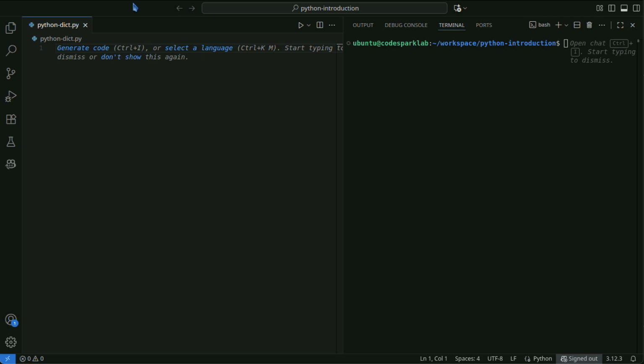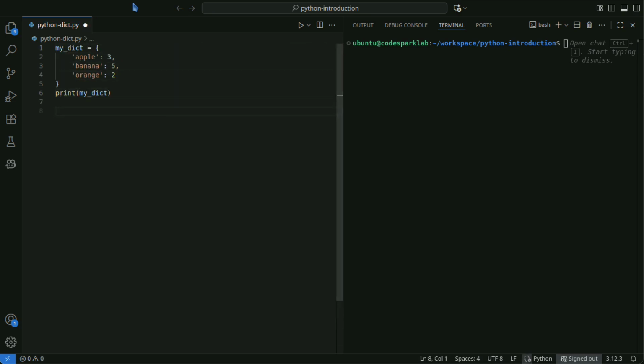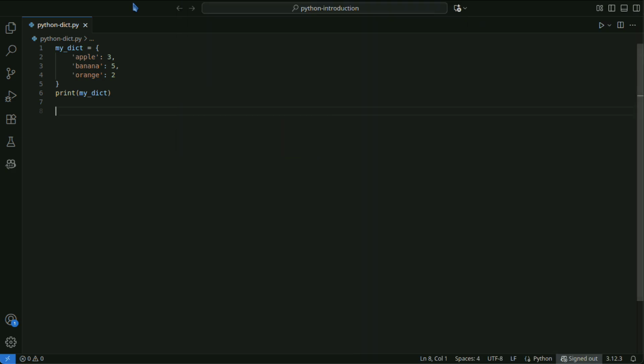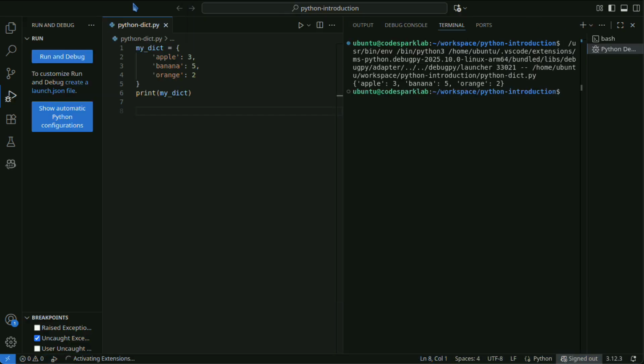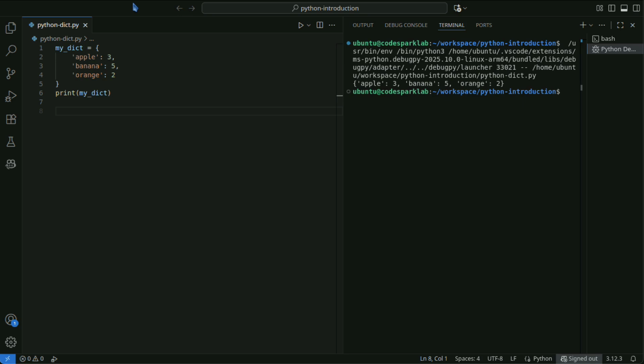In Python, a dictionary, dict, is a collection that manages data as key-value pairs. Unlike lists, you access them by keys, not by position, making lookups and updates efficient. You can define a dictionary as follows. A dictionary is written with curly braces, separating keys and values with a colon.